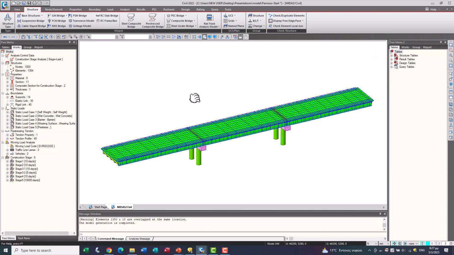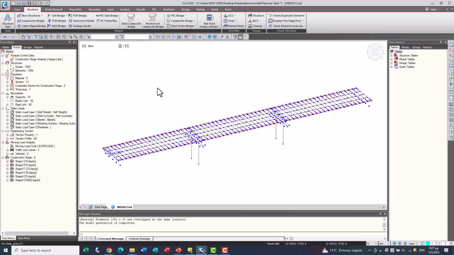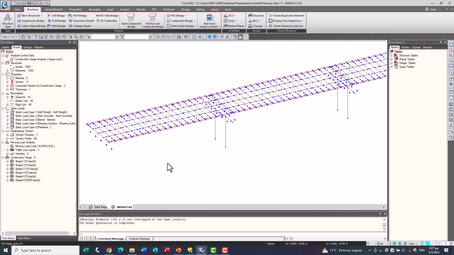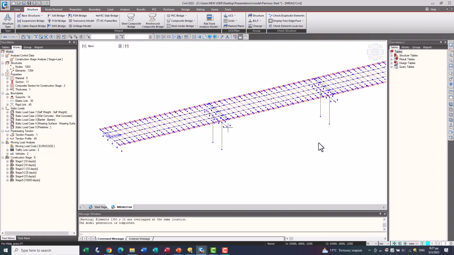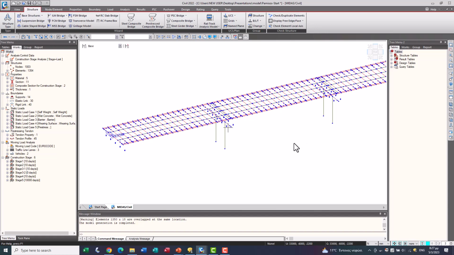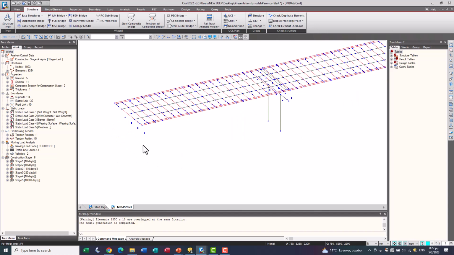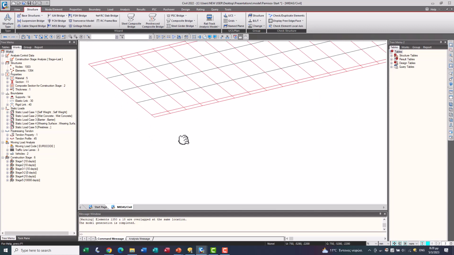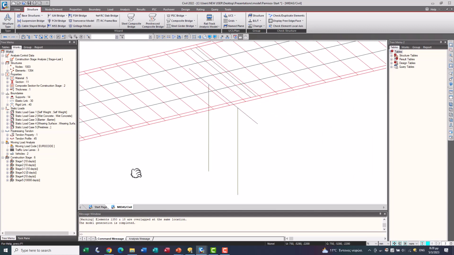As you can see here, we have a grillage model with piers, supports, and links between the piers and the deck.